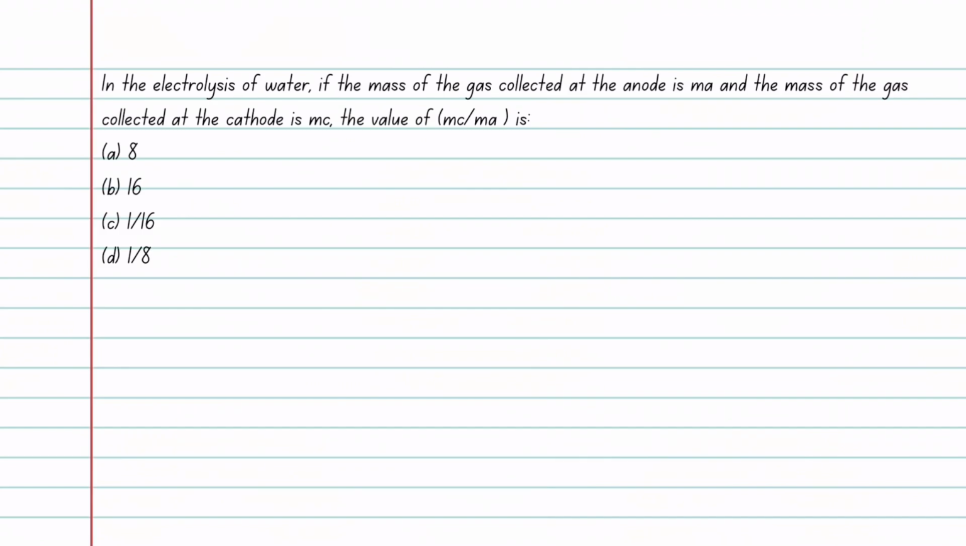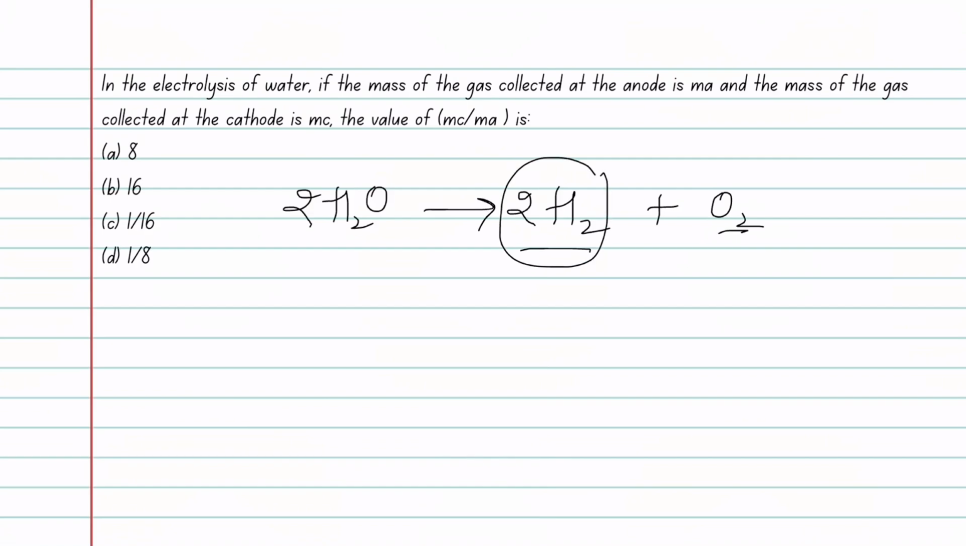In electrolysis of water, if the mass of the gas collected at the anode is Ma and the mass of the gas collected at the cathode is Mc, what would be the value of Mc by Ma? So in electrolysis of water, we have water breaking into hydrogen gas and oxygen gas. Let's balance the equation. Since we have 2 oxygen atoms here, we'll put a 2 in front and therefore a 2 here also. So this is our balanced equation. This hydrogen would be produced at the cathode